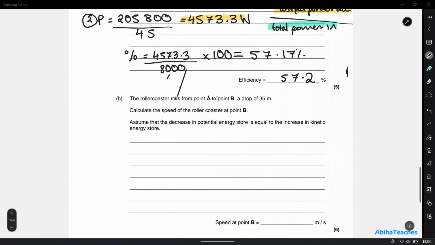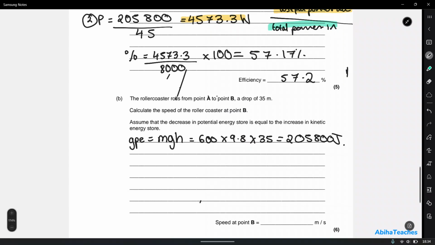So we've already worked out the gravitational potential energy in part A, but because this is a new question, we need to re-show our working out. So if I just write GPE is equal to mgh, the mass is 600 multiplied by 9.8 multiplied by 35 to give us